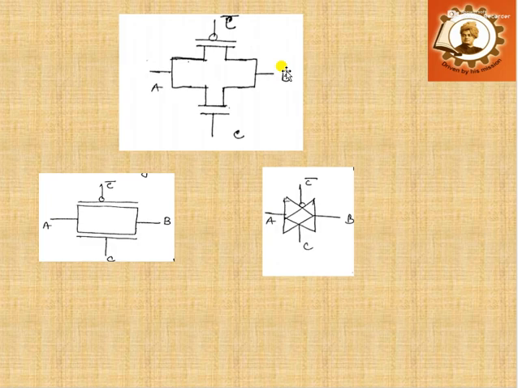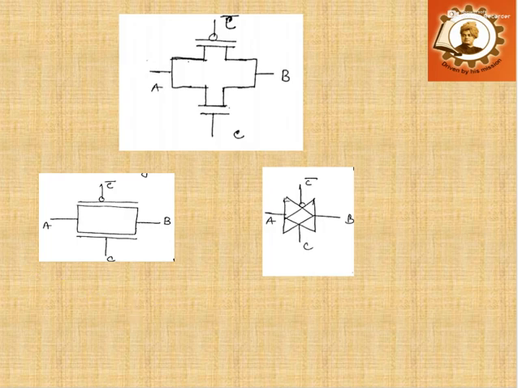So using a CMOS transmission gate, any logic circuit can be designed, and it might require a lesser number of MOS transistors as compared to the standard pull-up pull-down network design. The symbol of our CMOS transmission gate is shown in the figure. So we are using this symbol for implementation of different types of logic circuits.